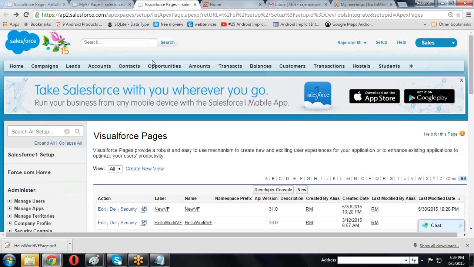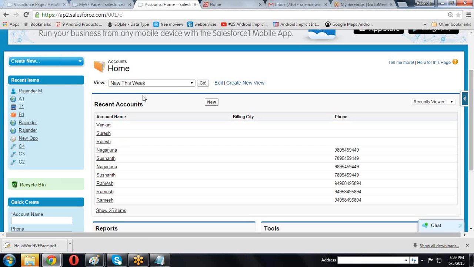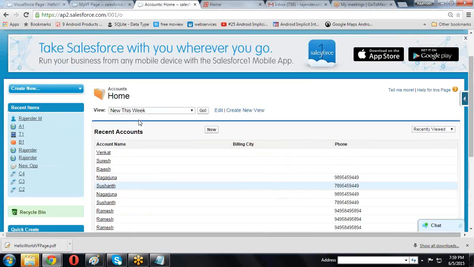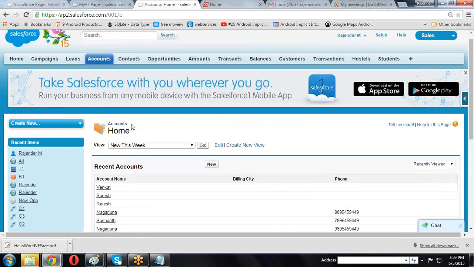In your account, there is something account is there. This is one section, one page block section. Here we are creating some different sections by using page blocks. How to create the page blocks here? The page blocks are nothing but if you want to create some dividing, then we create some page blocks.